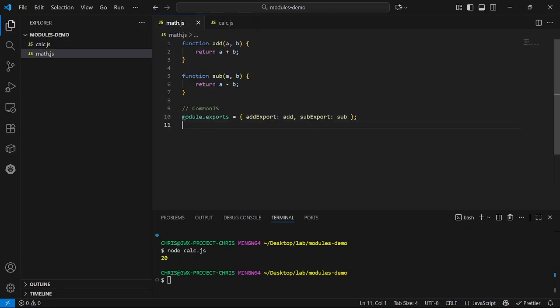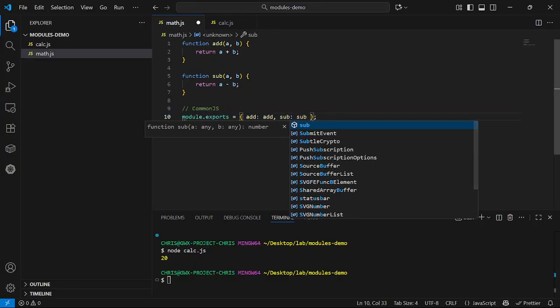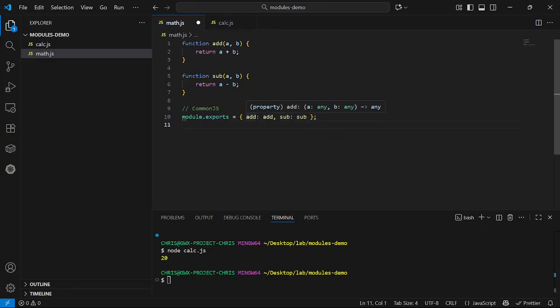Now, what if I rename this, like I did before? I rename it to add, and I rename this sub to sub. I can give them any name as I feel like. But this name here must be the name of this, and this one must be the name of this. Since I've made them the same name, add and add, sub and sub in JavaScript,